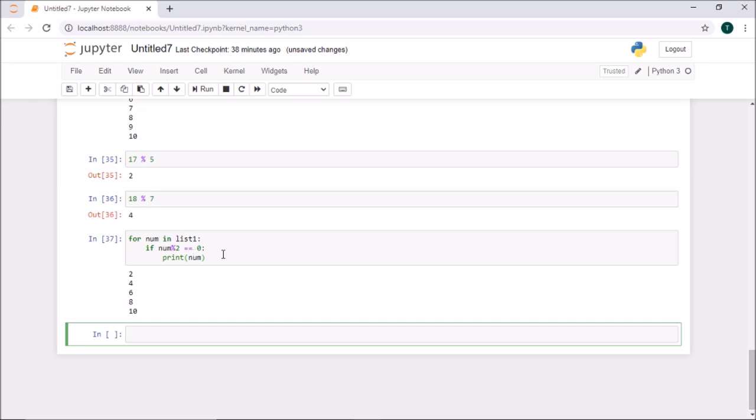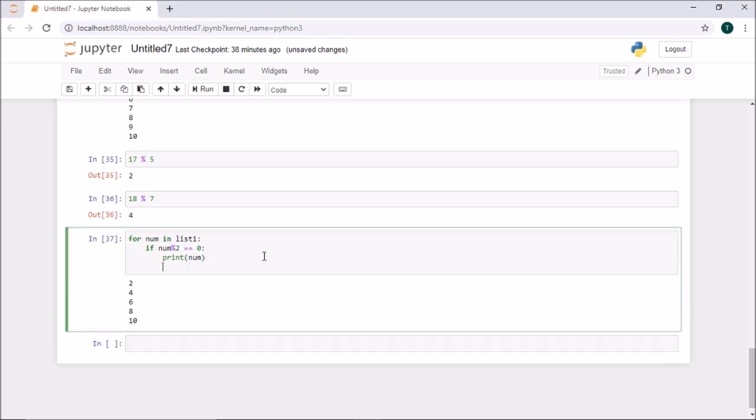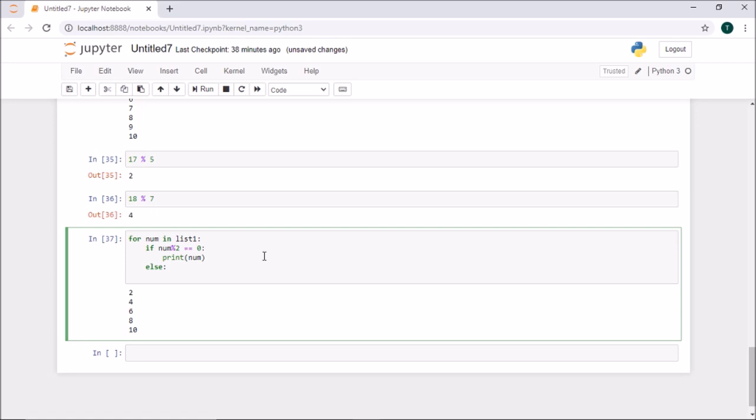I can just use else also here, right? If I say else, if num modulo 2 is not equal to 0, this is what I am supposed to do: print odd number.